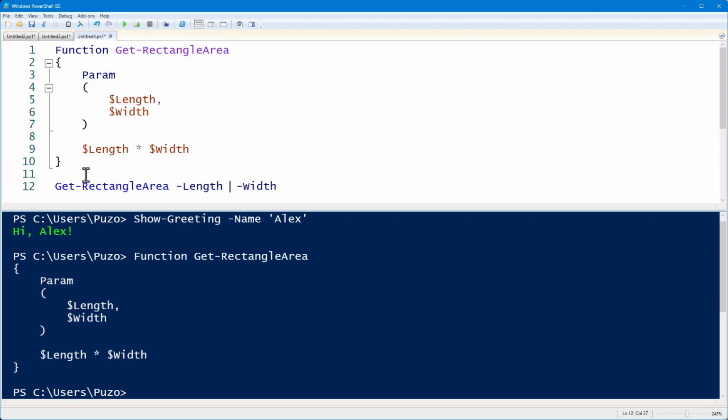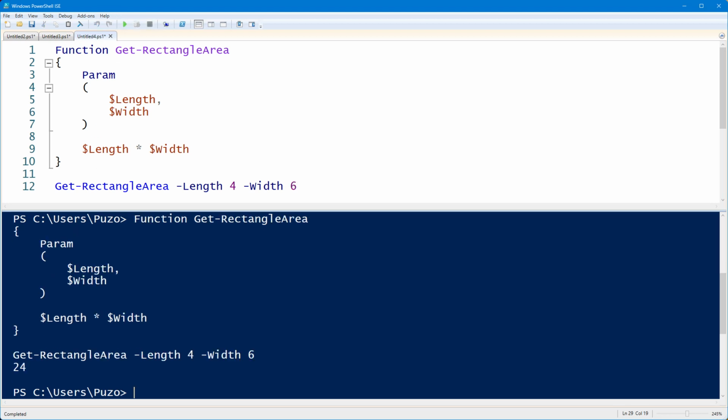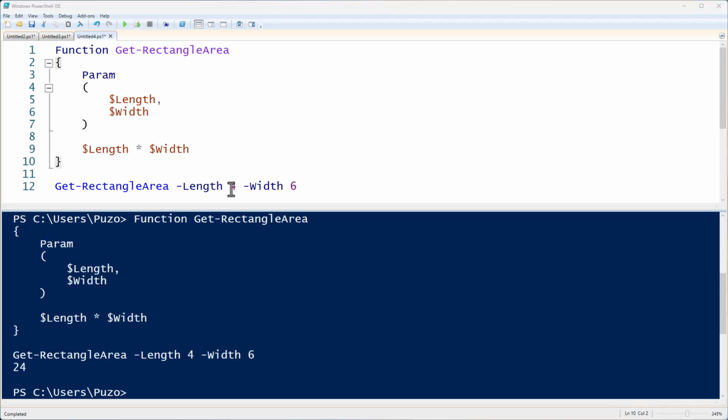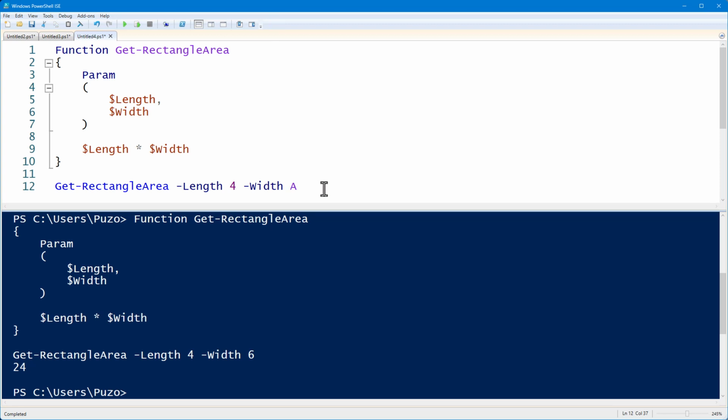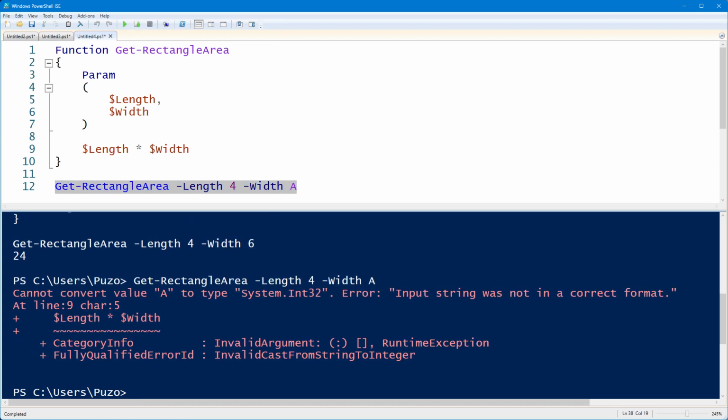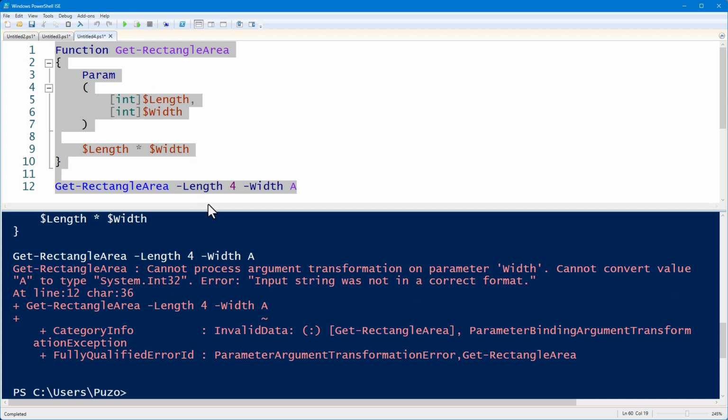Now, here is an interesting fact. As you may understand, both of those are numeric values. How do we know that if someone else uses this function, they will not place a letter here? The main idea in this one is to protect us from a wrong input. So the first way is to make a strict type of variable. By this, we say that our parameters should be a specific type. Otherwise, it will give an error that will give someone else a clear understanding that a specific parameter expects a